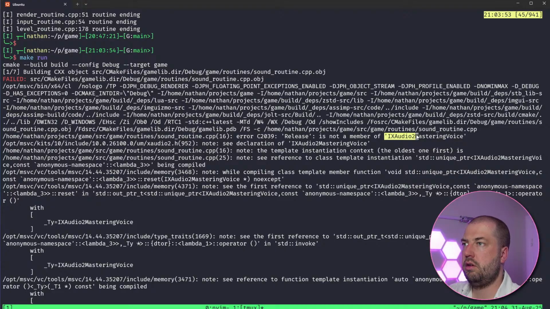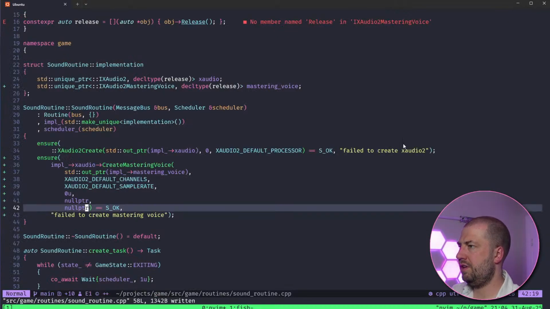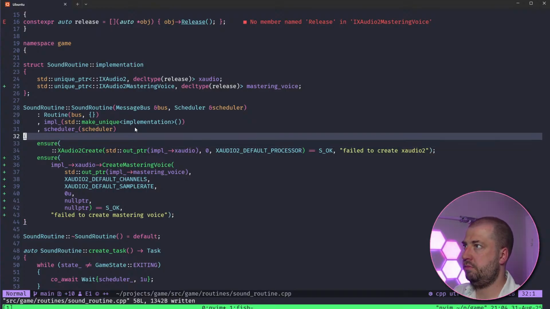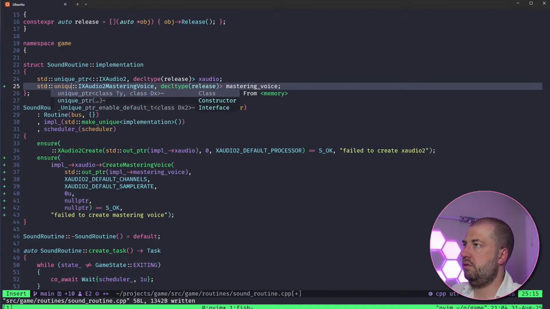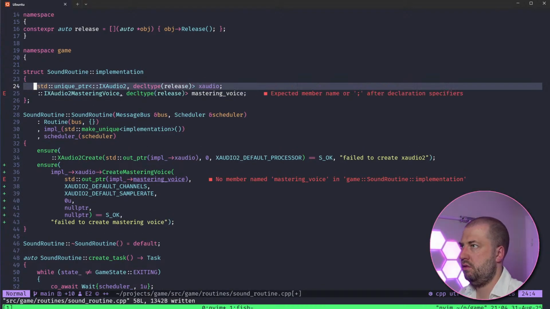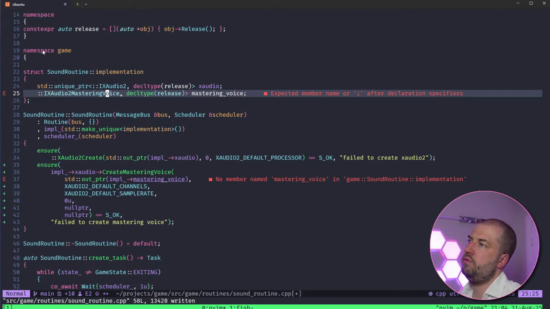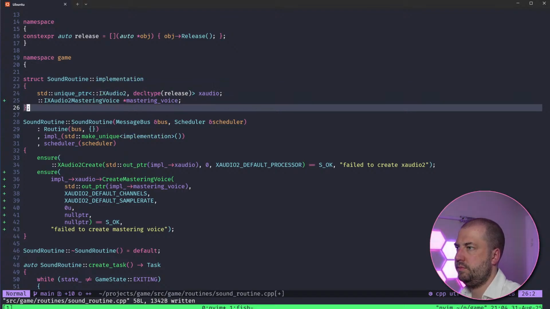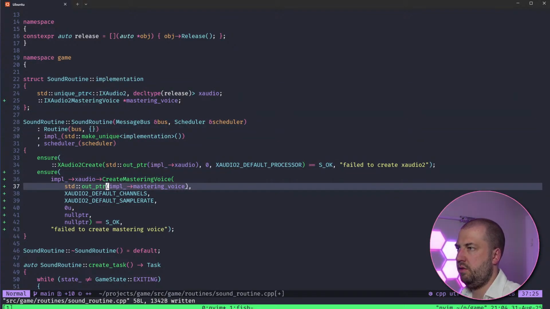Okay. So do I not need to release it then? You say so. I wonder if releasing this releases this. I need to get rid of this out pointer. Just get the old double pointer going. Classic.